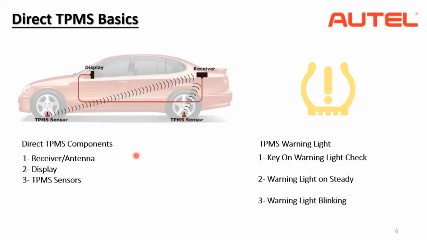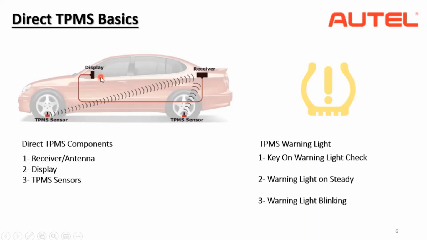As I have listed here, the main components in the working of a direct TPMS system are the antenna, or the receiver. This is the antenna, which you can see. It could be positioned anywhere in the car, usually in this location. The other one is the TPMS sensor itself, which is positioned on all four wheels, or the five wheels including the spare wheel. Then a vehicle information center or a display. So the sensor takes the tire pressure data, sends radio signals to the receiver, and we see that on the display